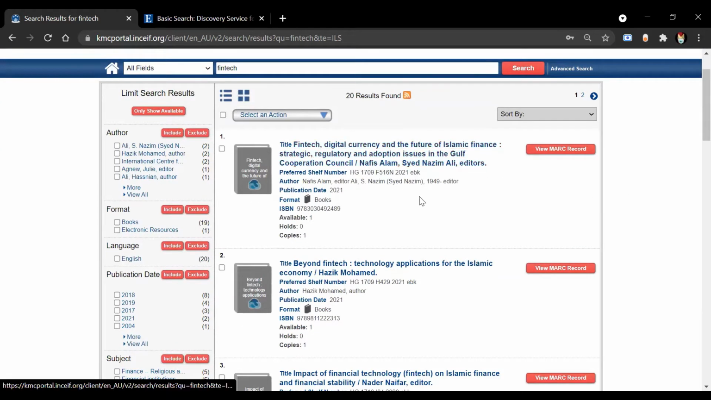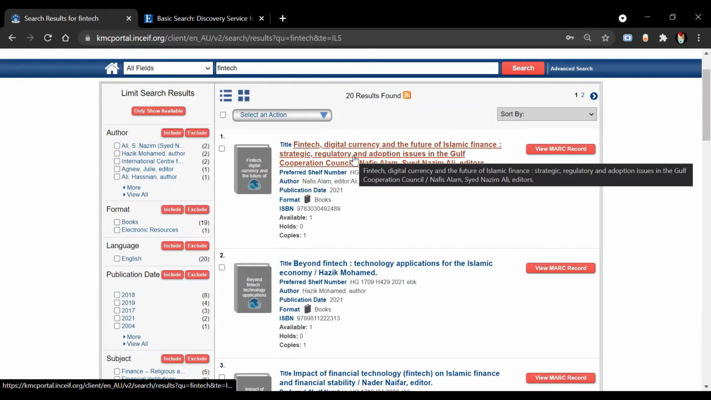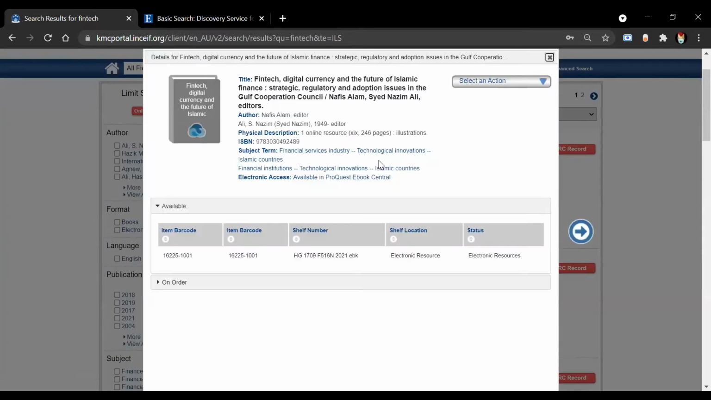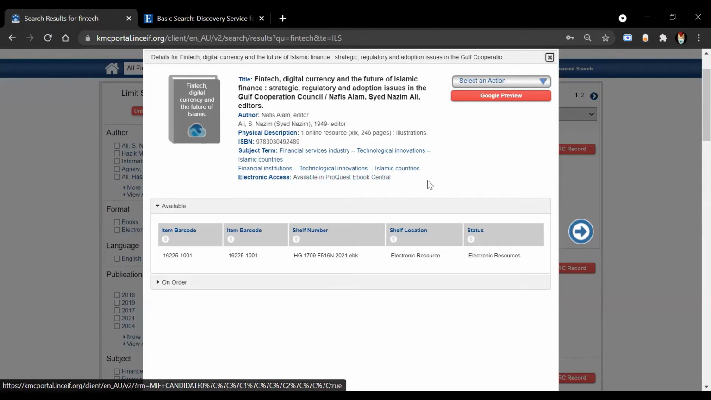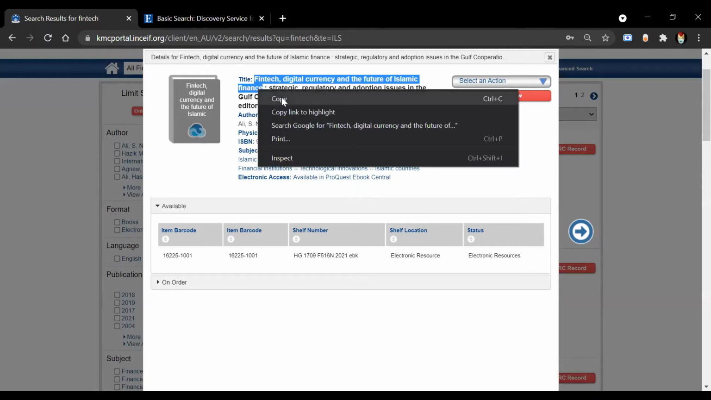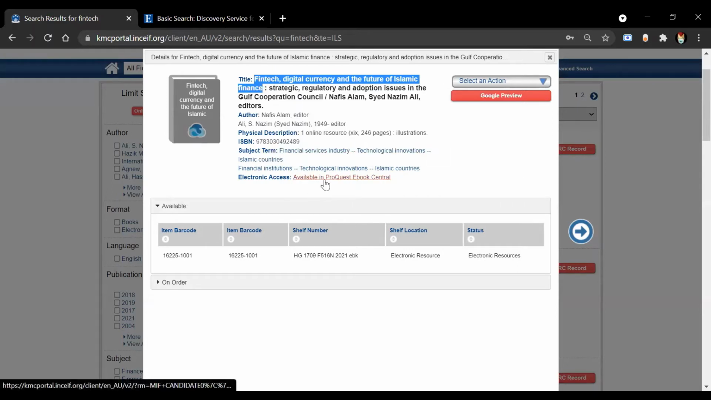So let's say I'm looking for this particular one, Fintech, Digital Currency and the Future of Islamic Finance. Okay. So if I further click on the title, you can see the details of the book, and this is an electronic resource, which is an ebook. Okay. So you can see the description here, electronic access available in ProQuest Ebook Central. Okay. So I can copy the title and further click on this link,